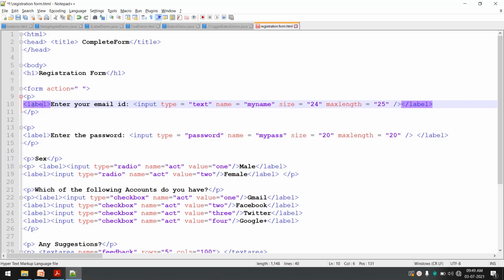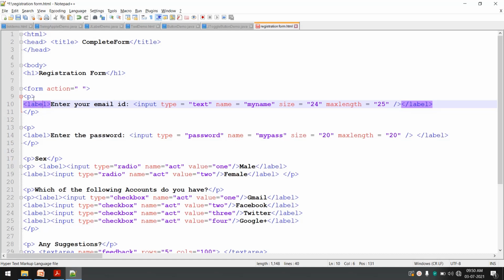So while creating every widget, the text and its widget can be grouped into a single entity by using a label, remember. And this is helpful because whenever you group into a label, even if you click on the text, the cursor is automatically placed inside the particular widget. That is the reason these labels are important.